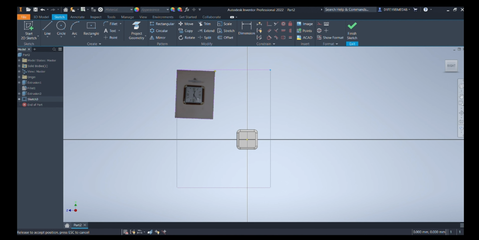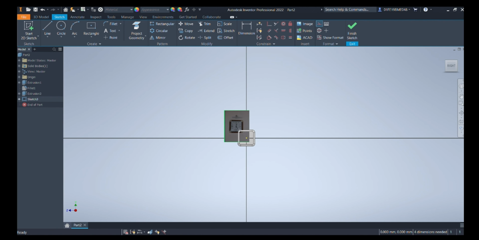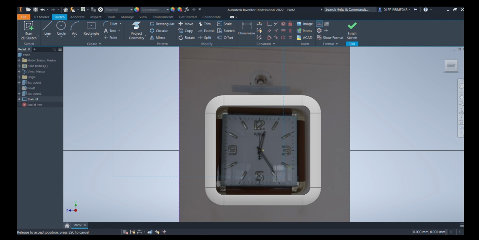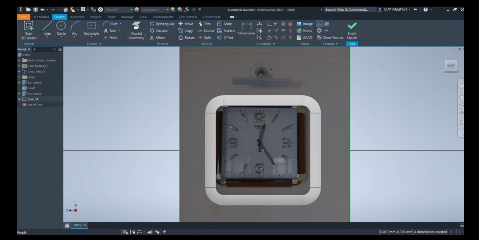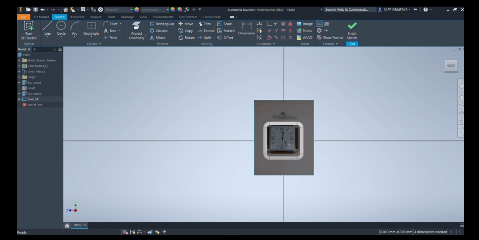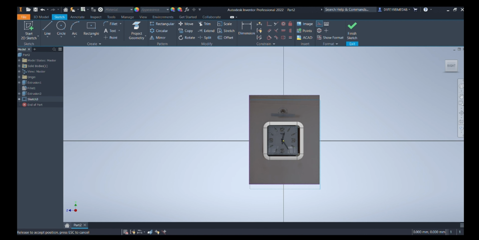We still scale it down. Here we can see that it almost fits, but it's quite short compared to the model which is made, so again we will extend it somewhat. Okay, now it seems good.